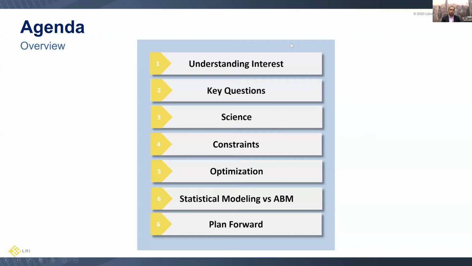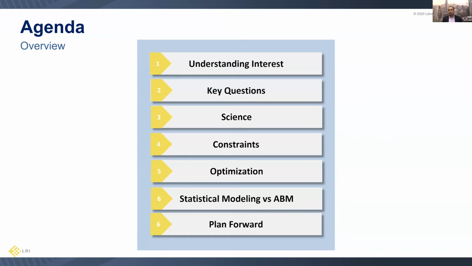All right, so a few points that we're going to go through. One is just for you guys to get a high-level understanding of what interest is as a function of a loan, understanding compounding. Some key questions for you to think about through the presentation, really understanding what the science is that we're talking about with fractal math and its integration within agent-based modeling.